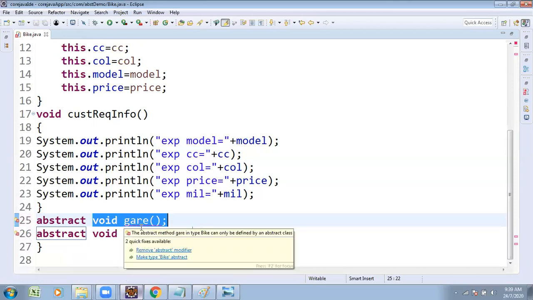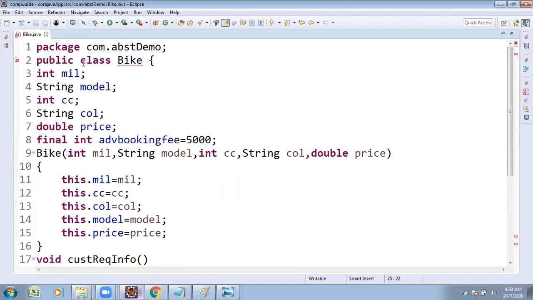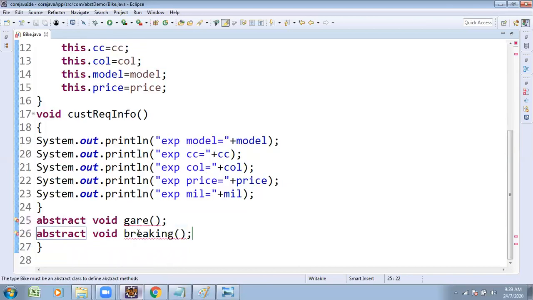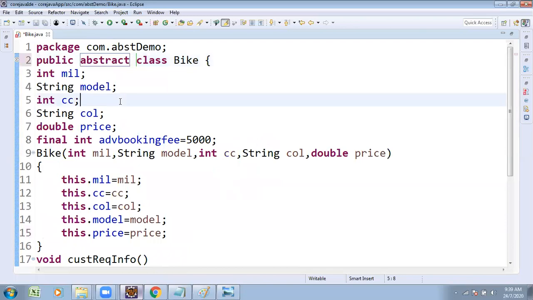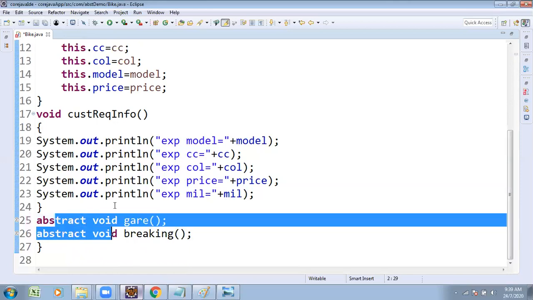One more: remove the abstract modifier. Second one: make Bike abstract. See once, I had taken it as a class, but now I'm making it an abstract class. Try to see, I'm adding abstract class Bike. Then it's going to support